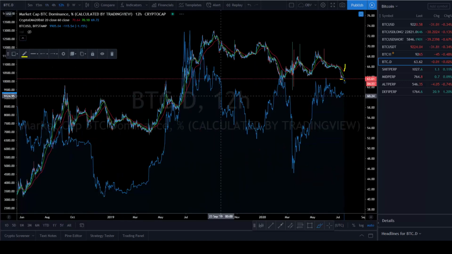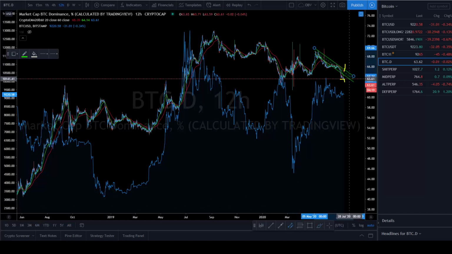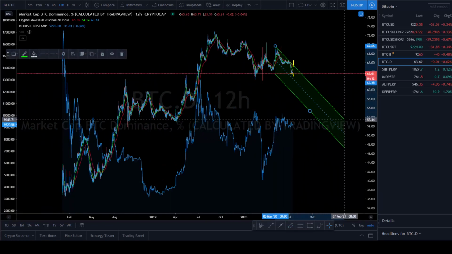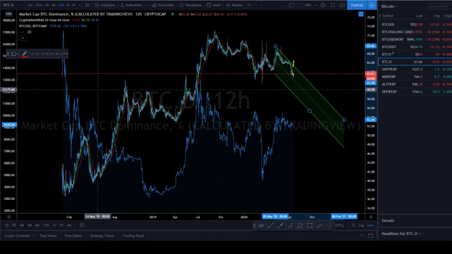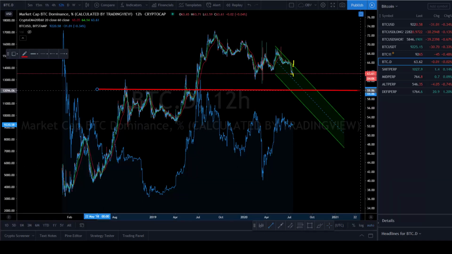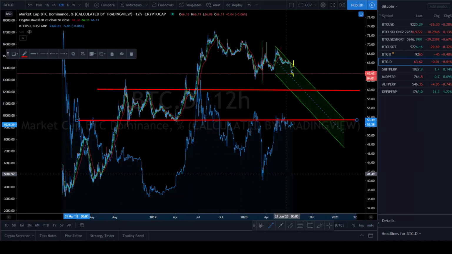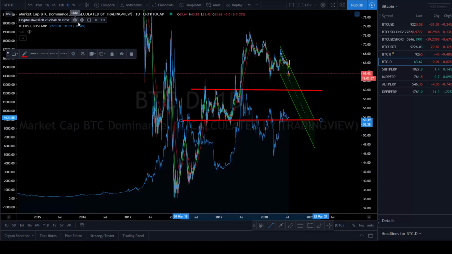And for my own part, if I take a step back and look at where this might go now using a parallel channel idea, then we can drag this chart over and stretch this down and make some estimations based on support and resistance from the past. If dominance comes down to the 59% level, I would be watching for a reaction. And at a 53% level, I'd be looking for a finish of the run.